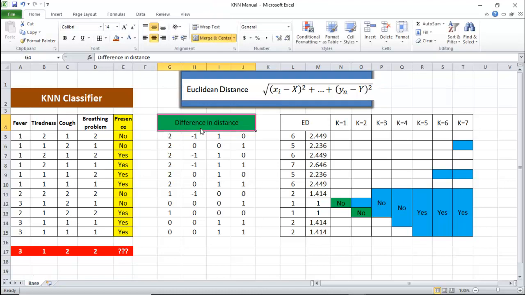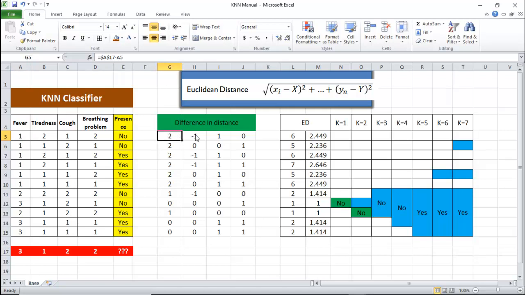This is the way that I did it. With this formula, see from the new patient's data what the difference is, that is, how much the entities deviate from the actual test data. It's a simple difference calculation. 3 minus 1, which is 2.